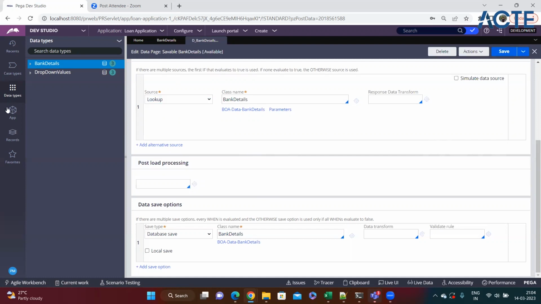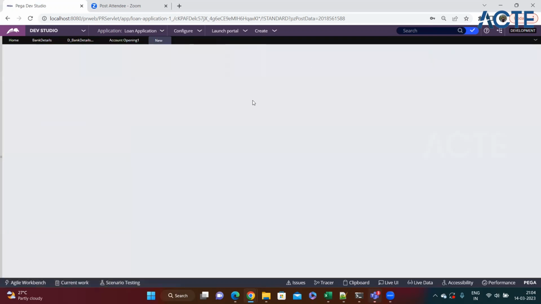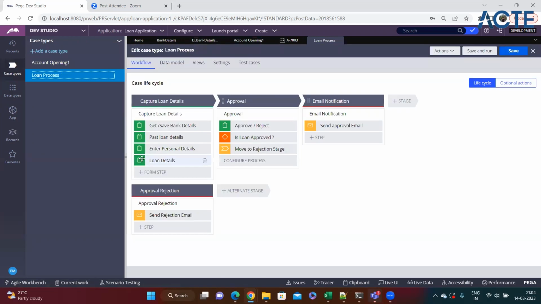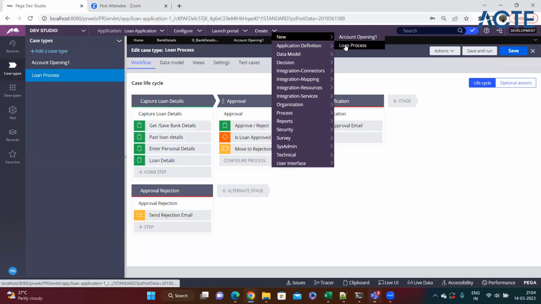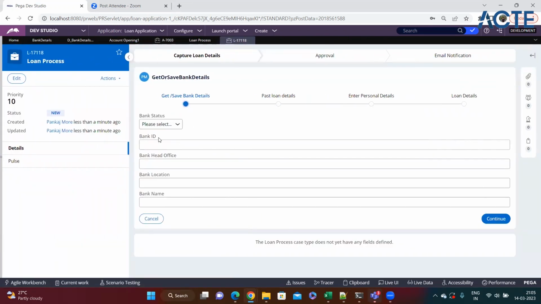Now, let's say here it is account opening. If I run this loan process, I have already added one screen here where the user can enter or get details. For example, the user can select whether he wants to update an existing record or add a new record. If he wants to update an existing record, then as soon as he enters, let's say, 1, then